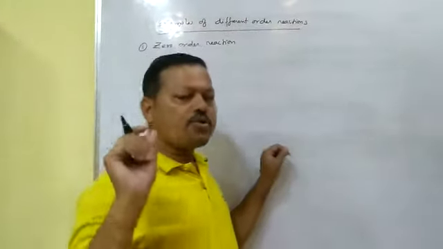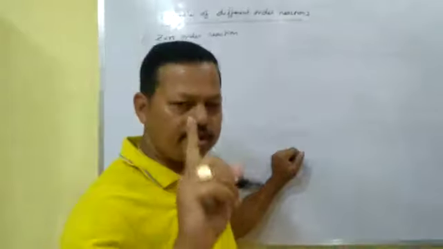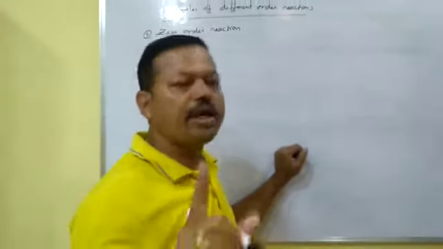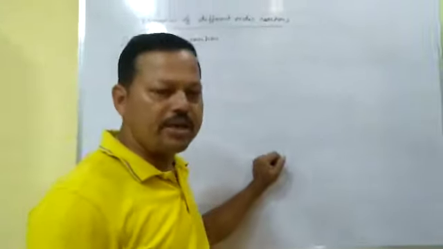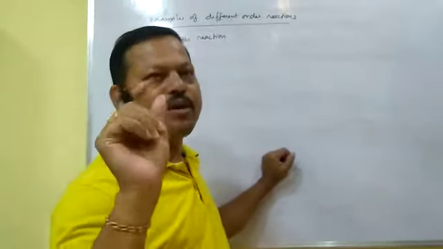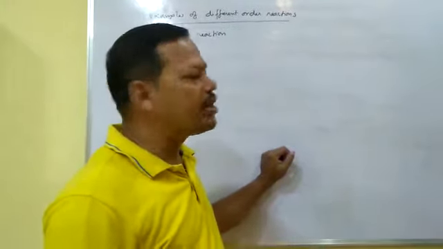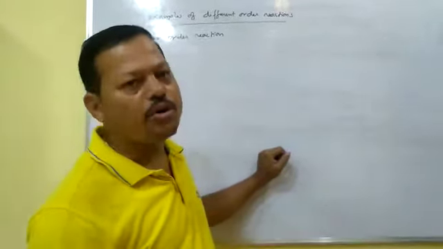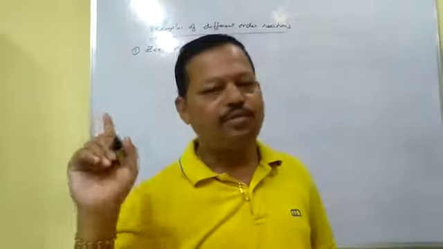So as we have discussed, order of reaction may be first order, it may be second order, it may be third order based on the value of alpha plus beta. I mean based on the value of the powers. Since it is an experimental quantity, theoretically you cannot find out the order of reaction. If the alpha plus beta value is 1, that is called first order reaction.